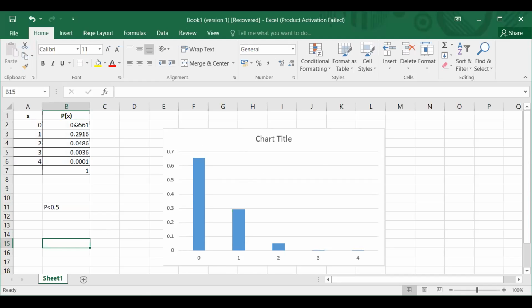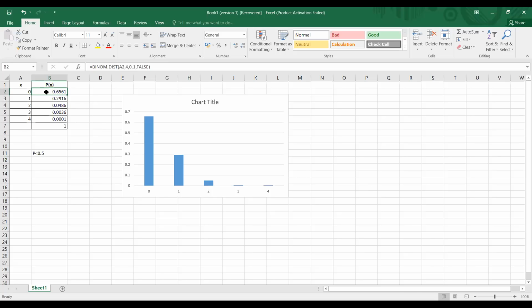So in simple words, you can generate the table for different values of x. How many values of x you have to generate depends on the value of n defined in the problem. If your n is 4, you have to write down 0 to 4. If your value of n is 10, you have to write down from 0 to 10. Then you can calculate the probability by the binomial model, the BINOM.DIST distribution.